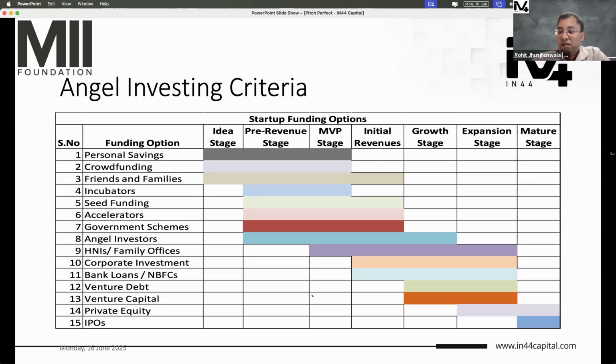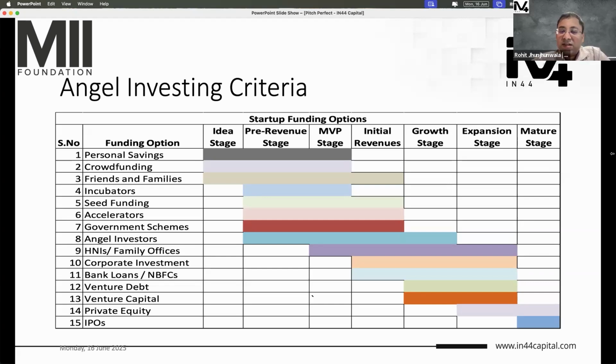Your friends and families, yourself, are the first backers for you, right? They are the ones who will give you the first initial set of money. But once they have helped you out to a certain level, after that you're going out to a third party whom you don't know to raise funds from, right? And these are the ones whom you call angels, because that is when you require a lot more support. And anybody who helps you when your company requires support would be considered an angel in Western parlance.